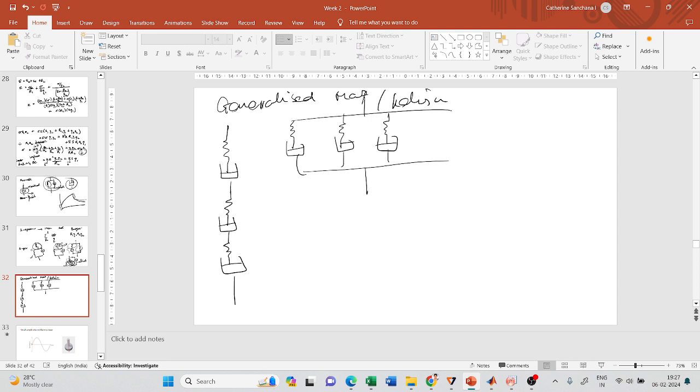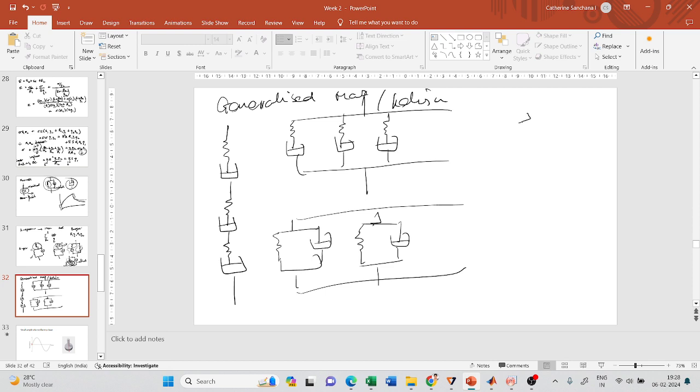So this is called a generalized Maxwell model, connected in series, and this is a generalized Maxwell model connected in parallel. Similarly, for a Kelvin model, you can have several Kelvin models connected in parallel, or you can have several Maxwell models